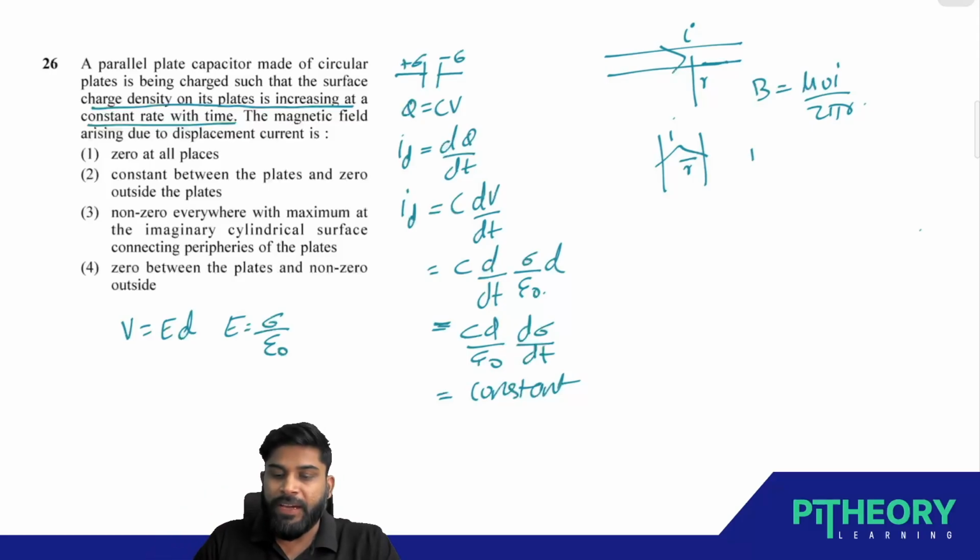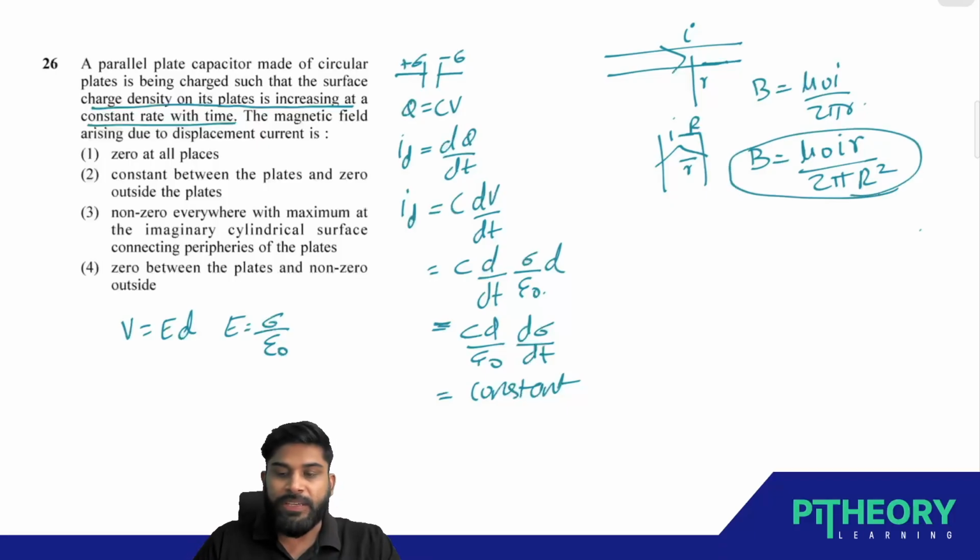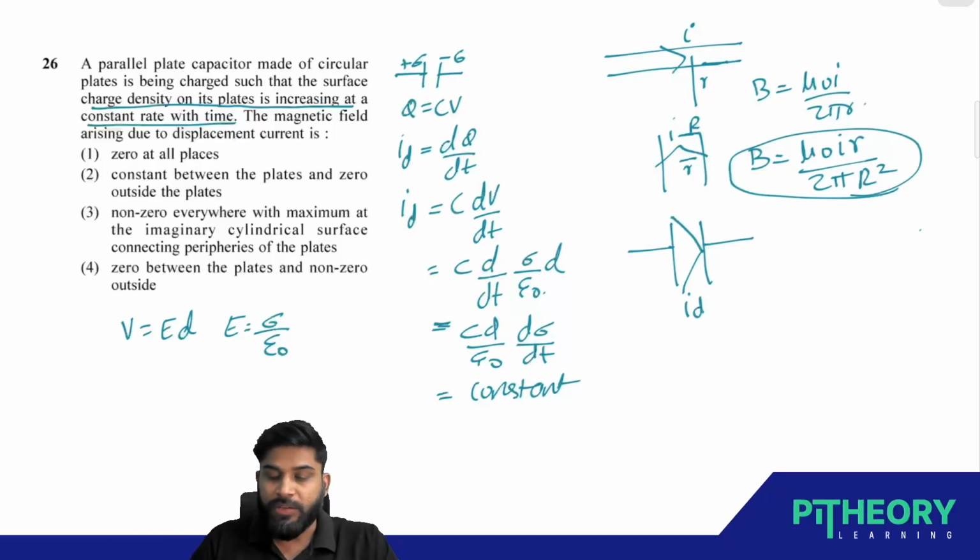The magnetic field relation you derive is mu naught I r divided by 2 pi capital R squared, where capital R is the radius of the wire. This relation is what we are using here with the parallel plate capacitor, where the displacement current is uniformly distributed throughout. So at a distance r, the magnetic field will be given by